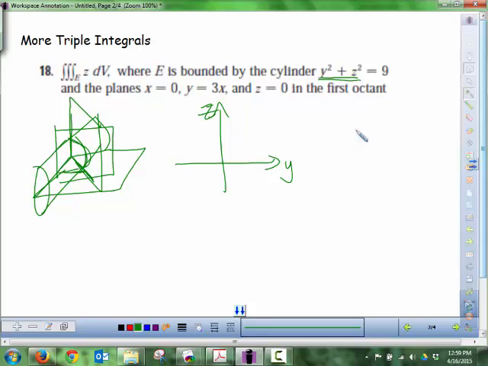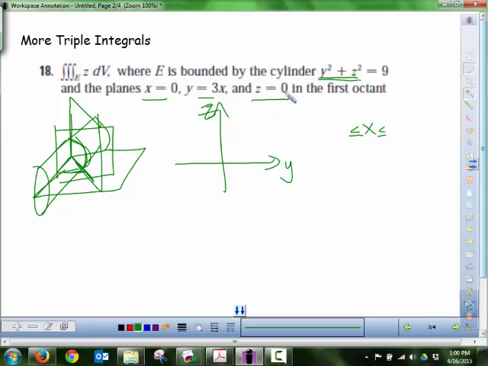So, if I'm going to integrate with respect to x first, I have to imagine where this is going to go, what my region is going to look like. It's kind of hard to picture. But if I'm going to integrate with respect to x first, this cylinder will have nothing to do with this inner integral. And so I just look to see